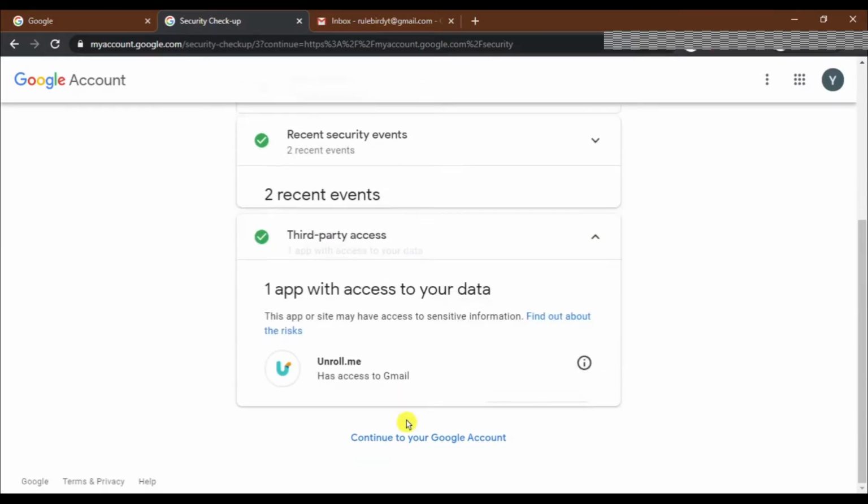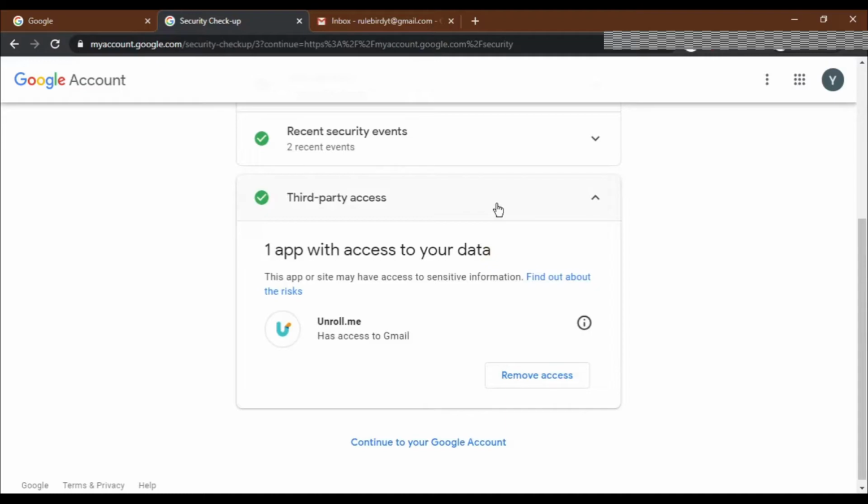The last one is very important, third party access. Whenever you log into an app or website using your Google credentials, you permit that app to access your account. And it is like an indefinite pass that you permit. That means it can access your account anywhere at its convenience, though it can only access the info or services you have allowed. Like here, I have allowed it to just have access to my Gmail, not to the other Google data.